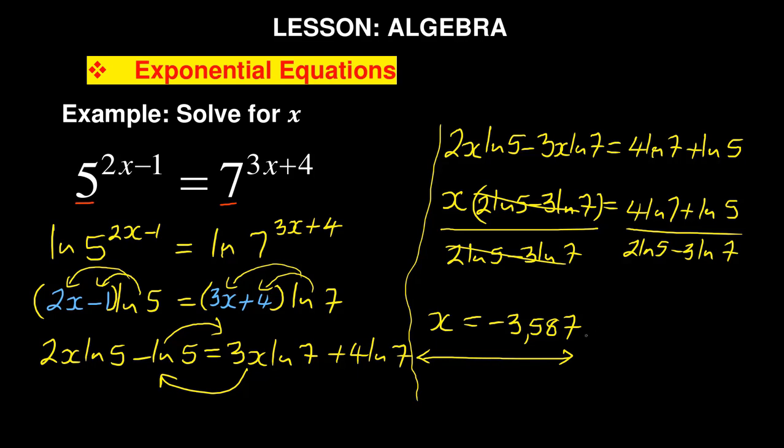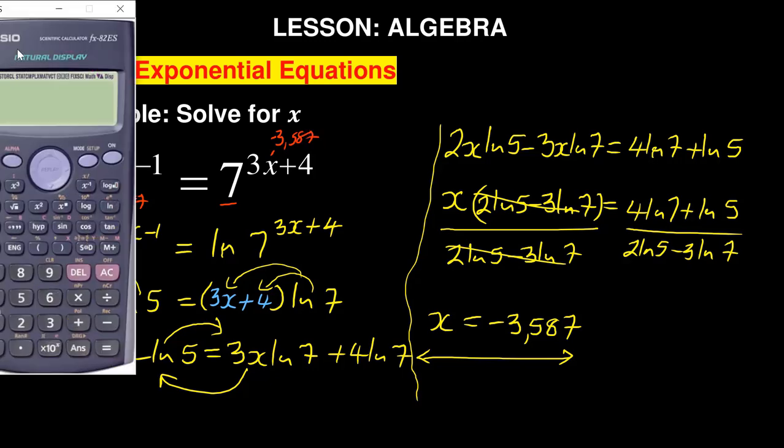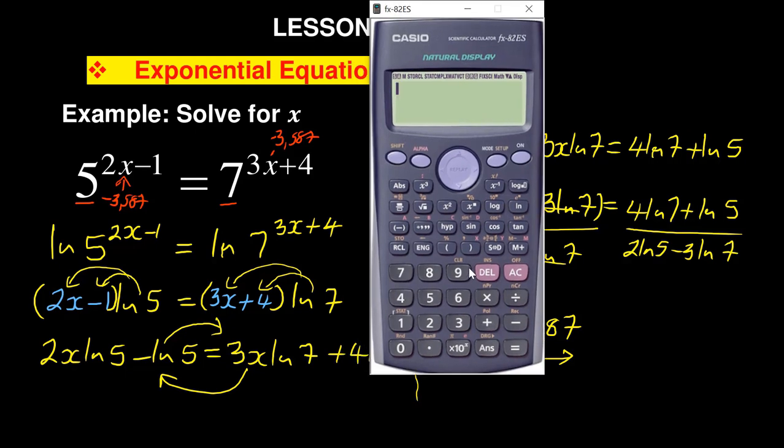Now with all the values of x, you can always prove if your answer is correct. So where there is an x here, we can actually use our minus 3,587, and then even here you can use minus 3,587. Let's try to prove and see if ever we are getting something that proves that our x is correct. So we are saying